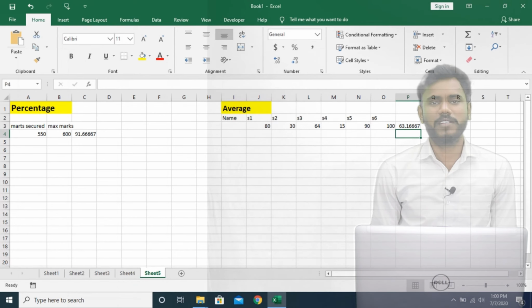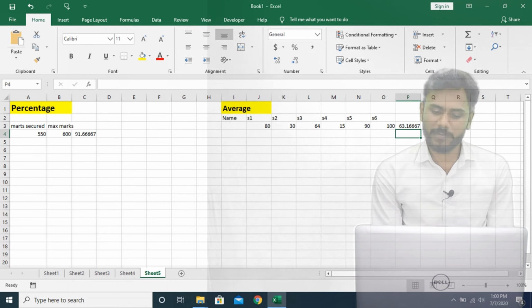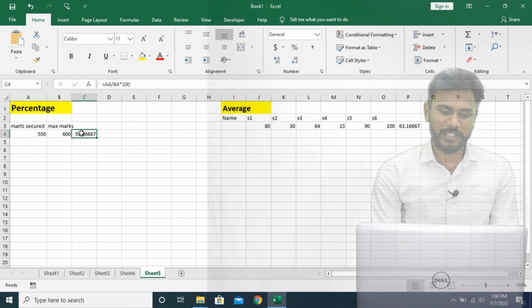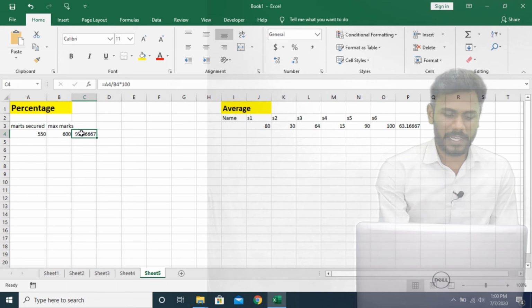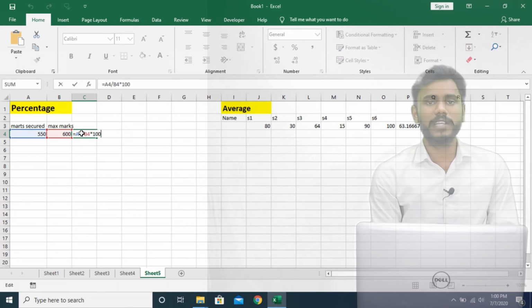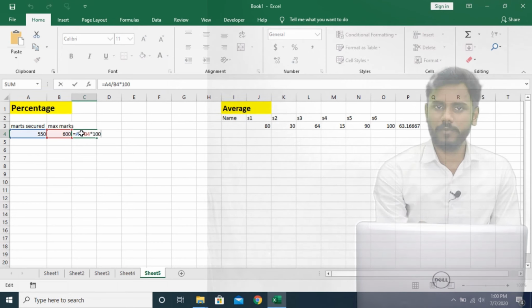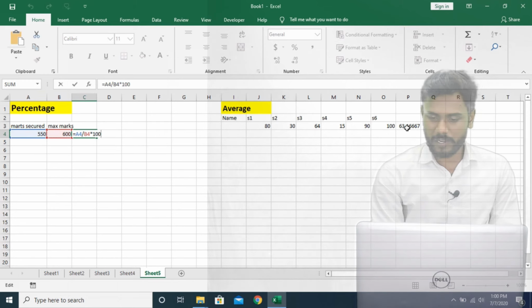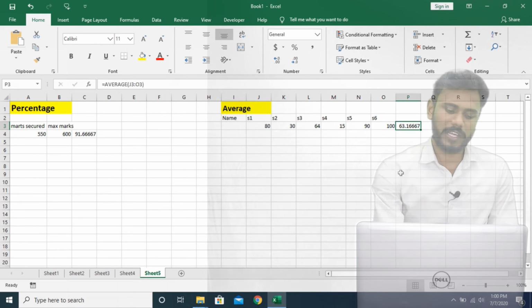So here we are typing the formulas, right? If you would like to view the formula that we typed, simply activate the cell first and directly press F2. F2 is a function key which shows the active formula in that selected cell, right? So here I would like to view the formula of this 63, so directly press F2.